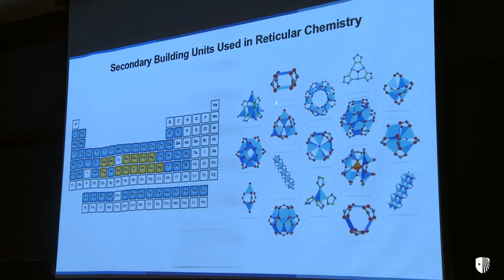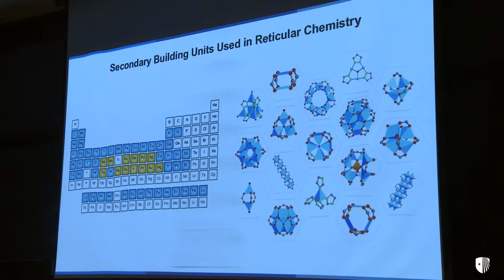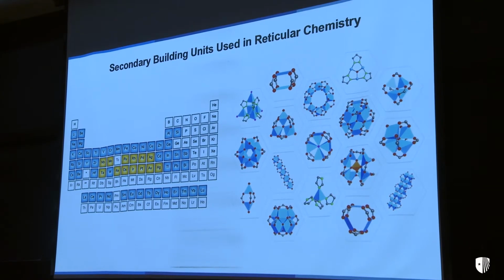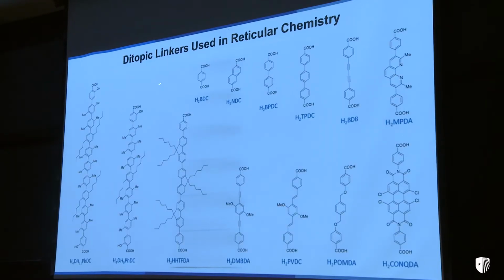Showed and went on to show that not only can you use paddle wheels in the tetrazinc, but you can also use many other building units, including rod-shaped SBUs, not just discrete SBUs, but also metal oxide rods that can be linked by organics. And we and others have been exploiting almost the entire periodic table of metals with organic linkers, simple